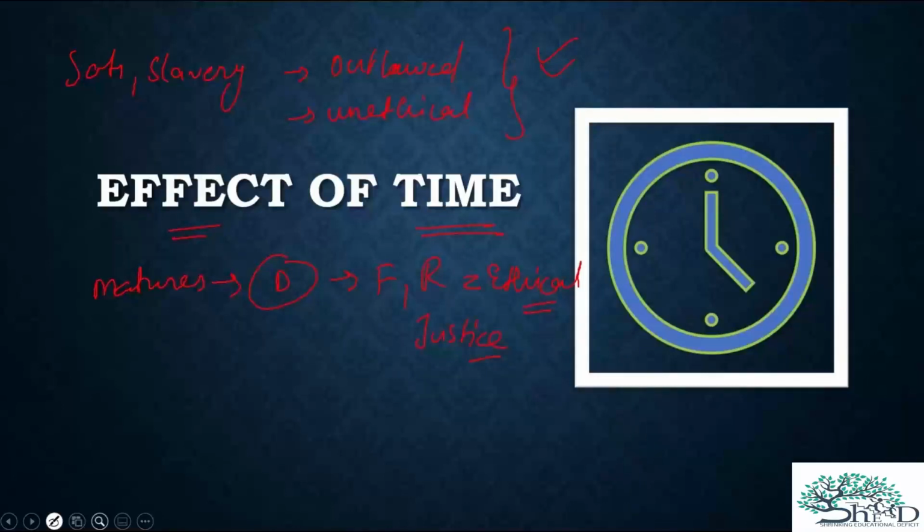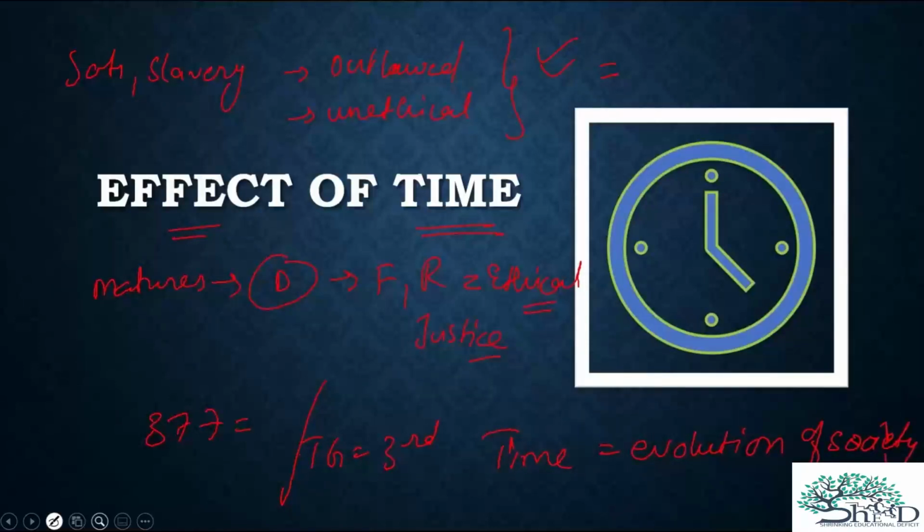But since ethics is based on reason, and society saw that when Raja Ram Mohan Roy showed that this is wrong, with time it was outlawed. Similarly, we can see Section 377. It was legal and ethical at some time, but now it is gone. And transgenders have been given, as a separate example, third gender status. So time helps in the evolution of society. You can write this as evolution of society and then explain with the examples I just gave.